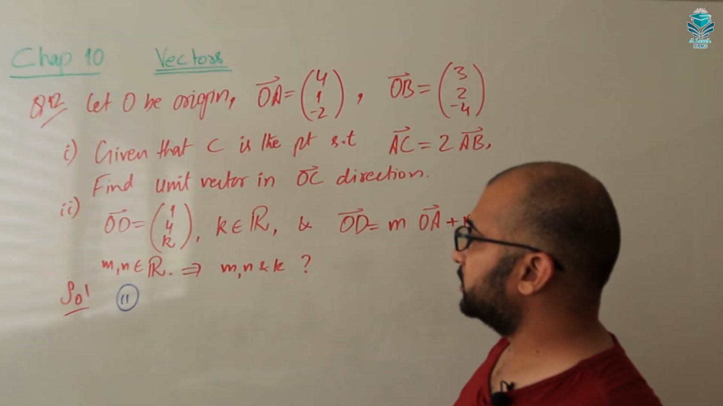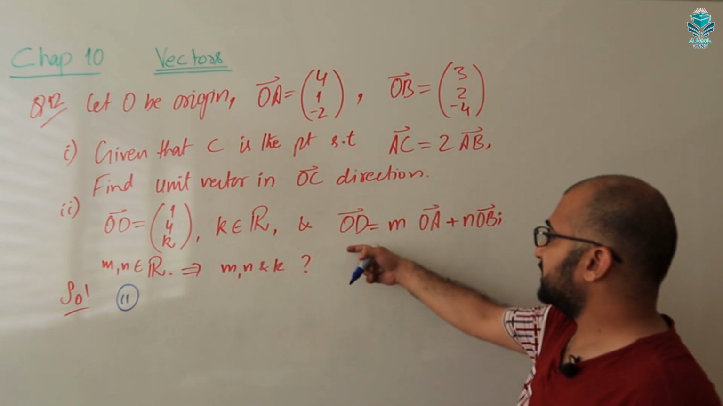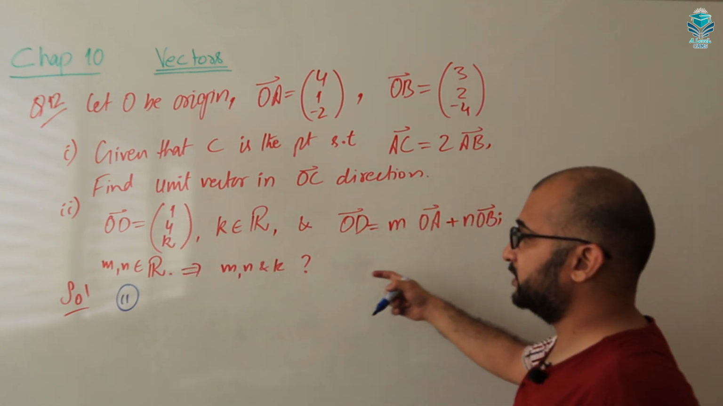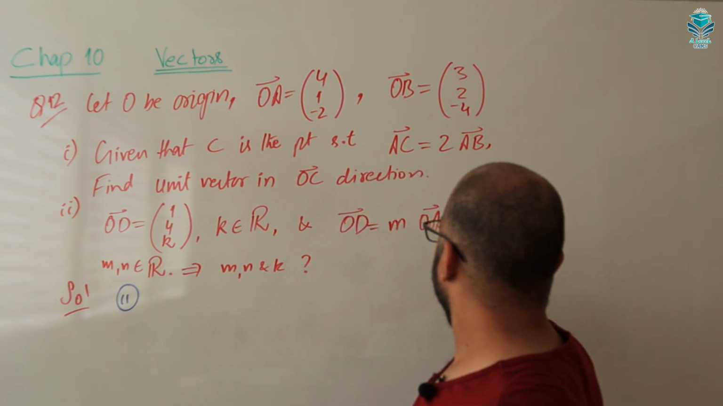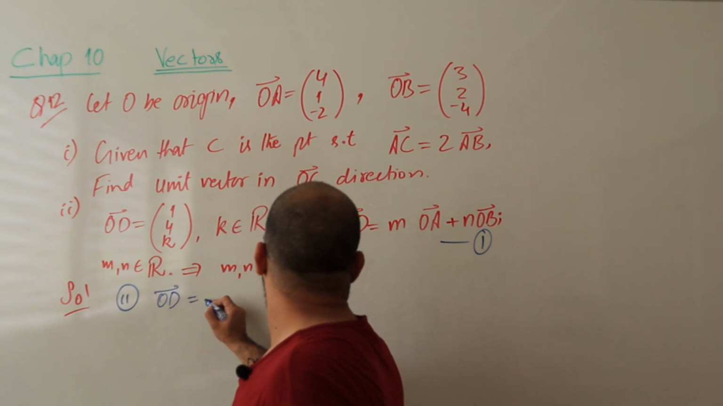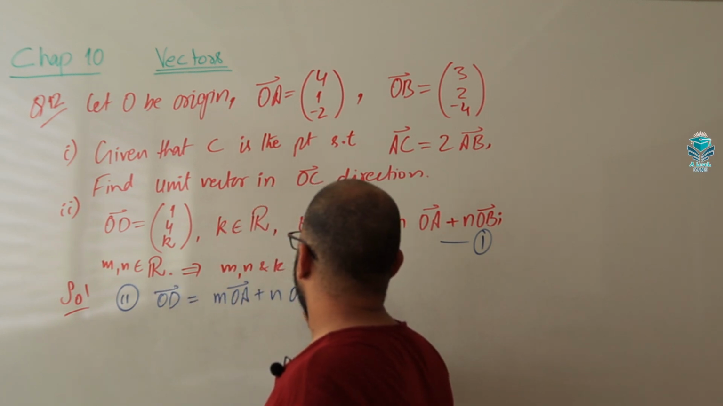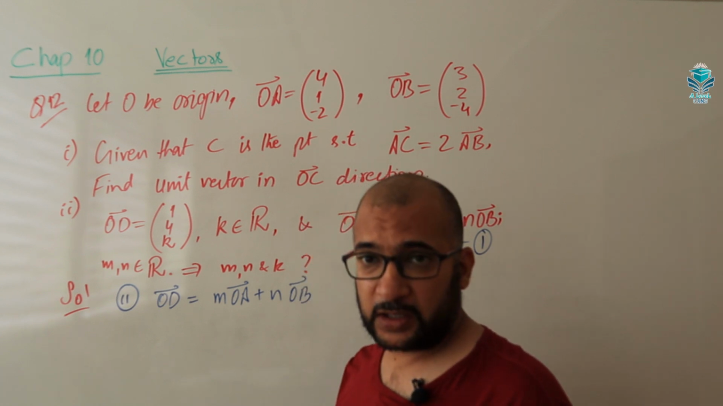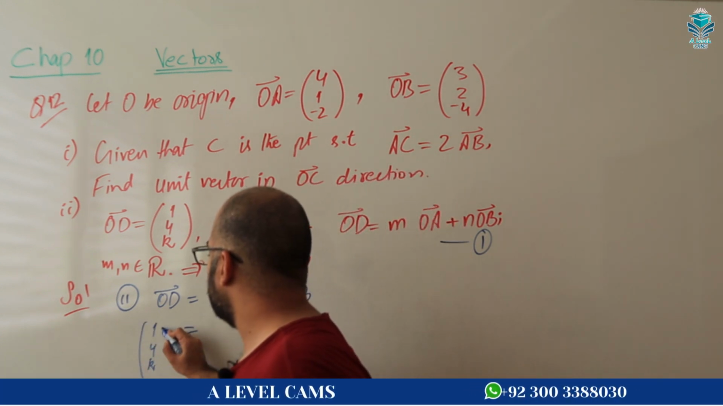For the second part, the position vector of D is 1, 4, K. Satisfying this relation, we have to determine the values of M, N and K. So according to equation 1, OD is M times OA plus N times OB, where M, N are constant real numbers. What is OD? 1, 4, K,